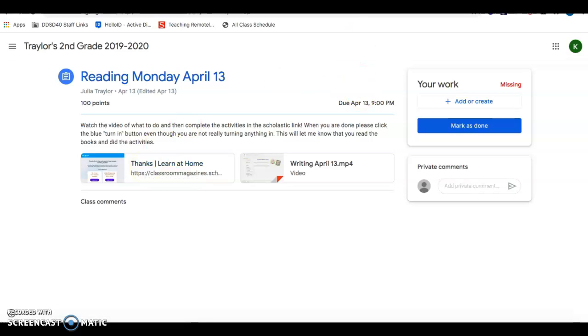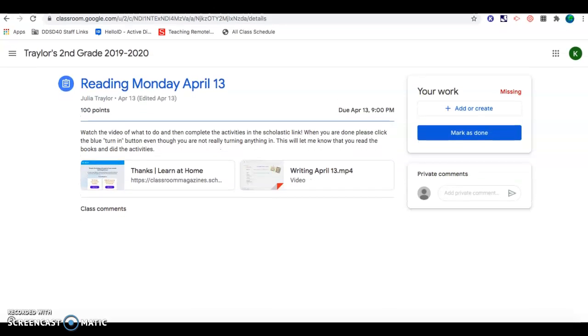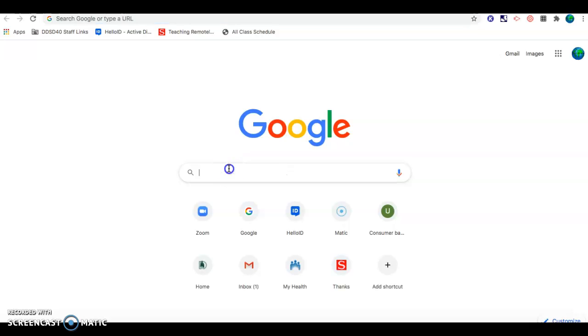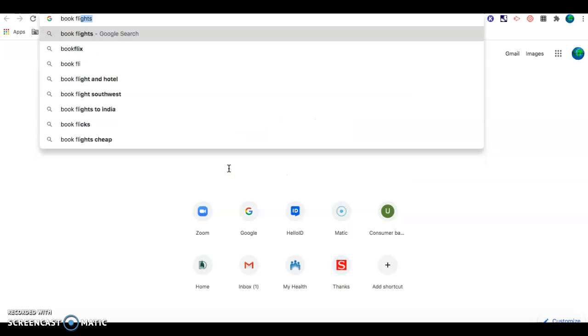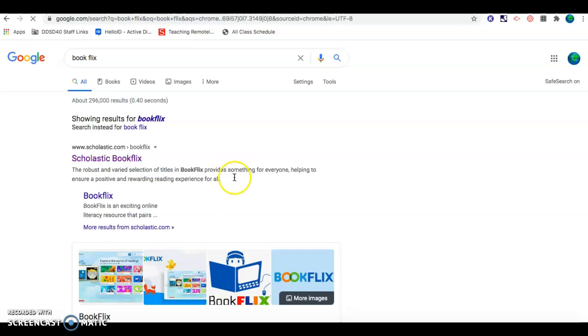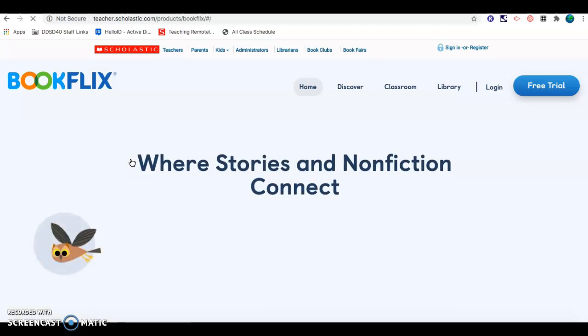So if you just open a new tab and Google BookFlix, and it's actually one word, I guess. So you go to Scholastic BookFlix. So you go to login, and I will give you the login, and then I will also text it to you, Danisha, so that you guys can get it more easily. So our login,